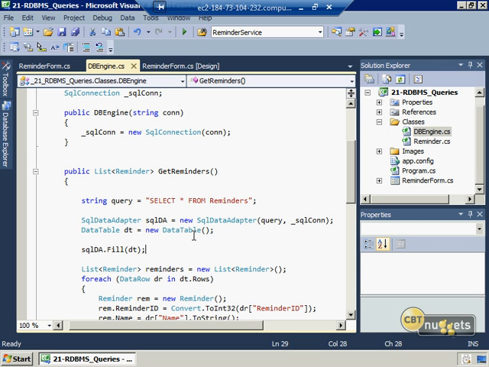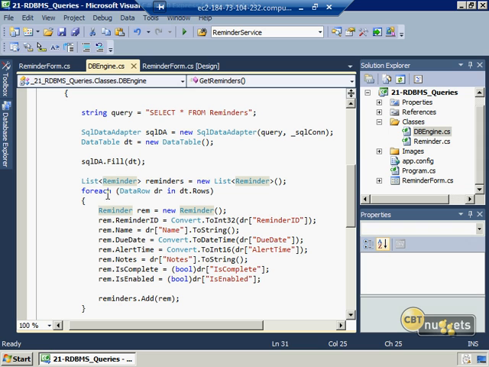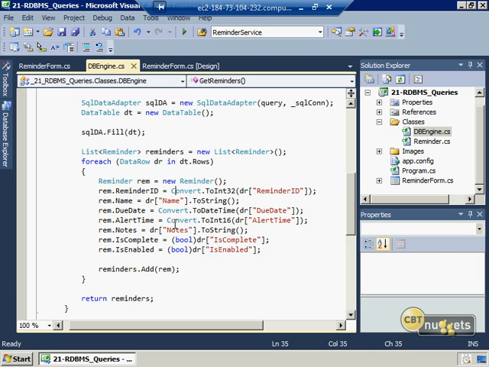And all we need to do to execute this query against our database using our connection is call sqlDA, the name of our data adapter here, .Fill, and pass in the data table. So that's going to take the query, execute it through the connection, fill up this data table, and now all we need to do is, first of all, create a list of reminders. So there's an empty list of reminders here, and we're just going to loop through the data table using the DataRow object. So for each DataRow inside of the DataTable.Rows collection, we're just going to fill up